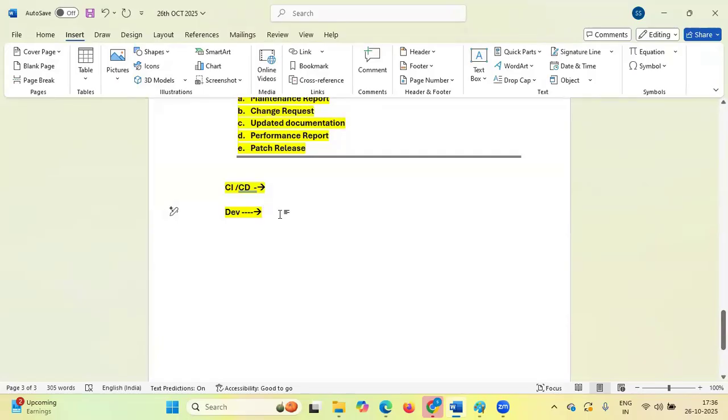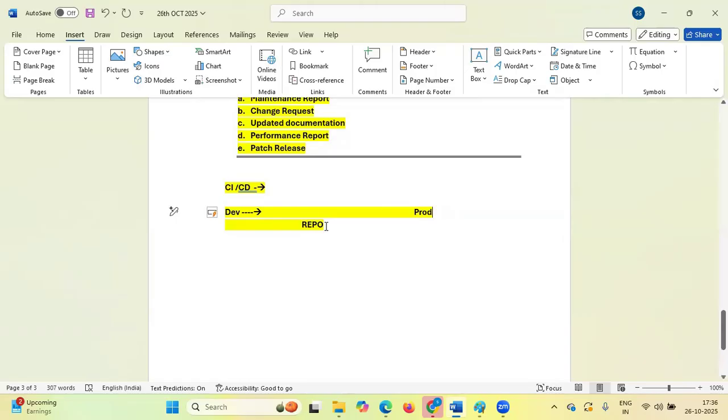So developer is going to develop the code, and in the middle there is the repository. And here we have production. In the production we are going to deploy, right?